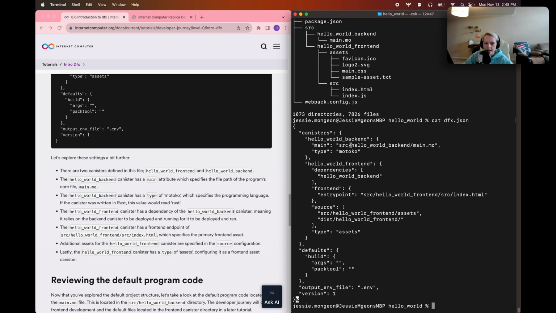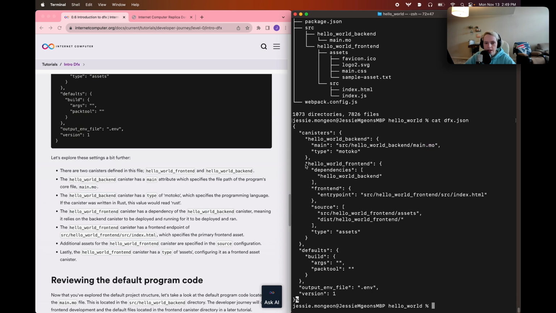So if we want to take a look at exactly what this project's configuration file is defining, we can see that it starts off with an entry called canisters. And in that entry for canisters, we can see that hello_world_backend canister. This is pointing to that default main.mo file that I mentioned that's located in that src/hello_world_backend subdirectory. And so that is the default location that it's going to be looking in for the source code for that backend canister. It is also defining that this canister is a Motoko canister, so it is expecting this source code to be written in Motoko, and it is, since it uses the .mo